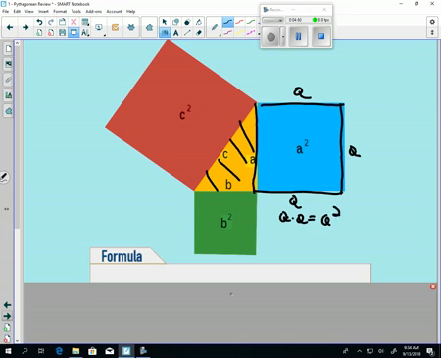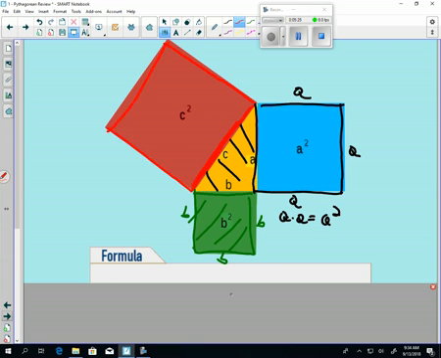So this side is A, and this side is B. That means I have a square with all equal sides B. That makes this square b squared. That's a b, a b, a b, and a b, and the area of it is b squared. And finally, if I take side C in my triangle and make a square of it,